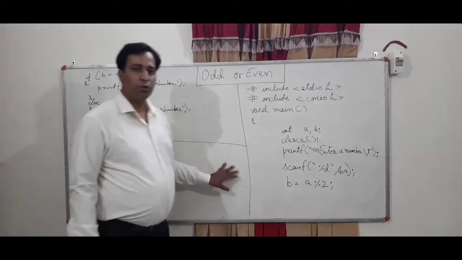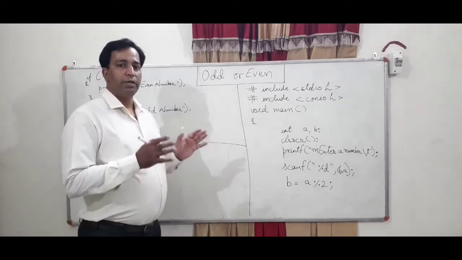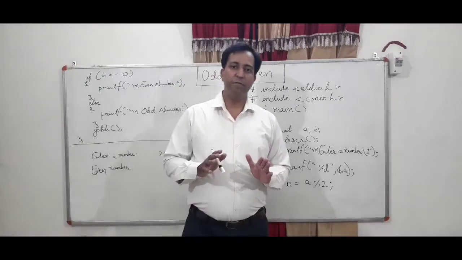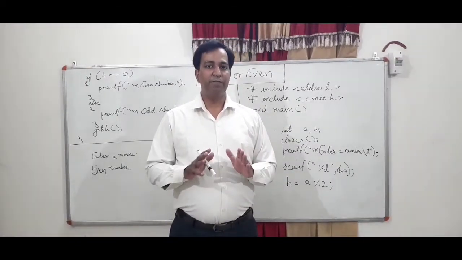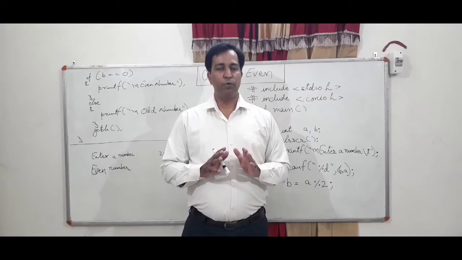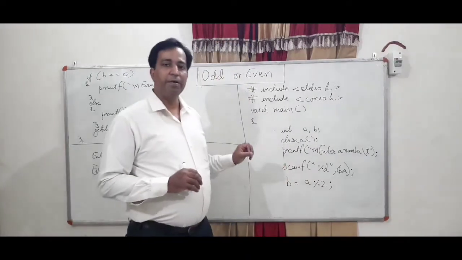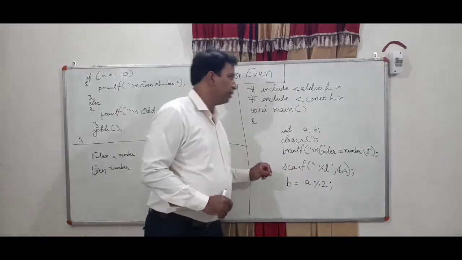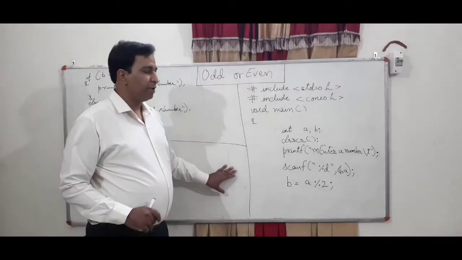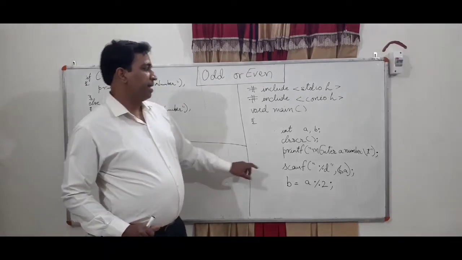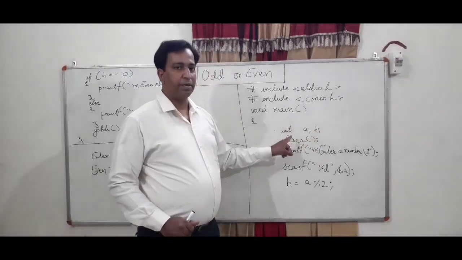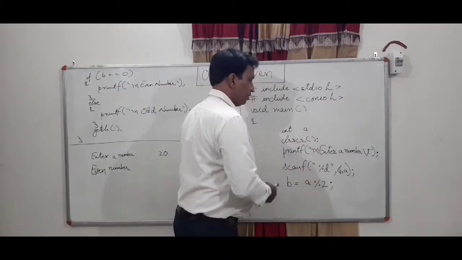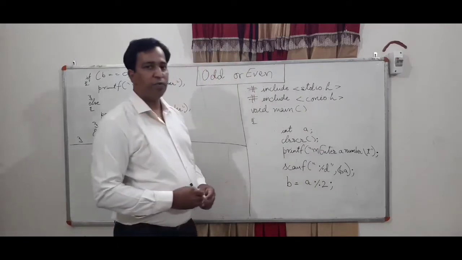Now I'm changing this program here just to reduce the number of variables required, right? It is the responsibility of a programmer that the minimum number of variables are used for a program, so that it takes minimum resources of your computer, right? Now here in this program, what change can be made is that we need only one variable here, right? I'm just changing it here. We need only one variable.